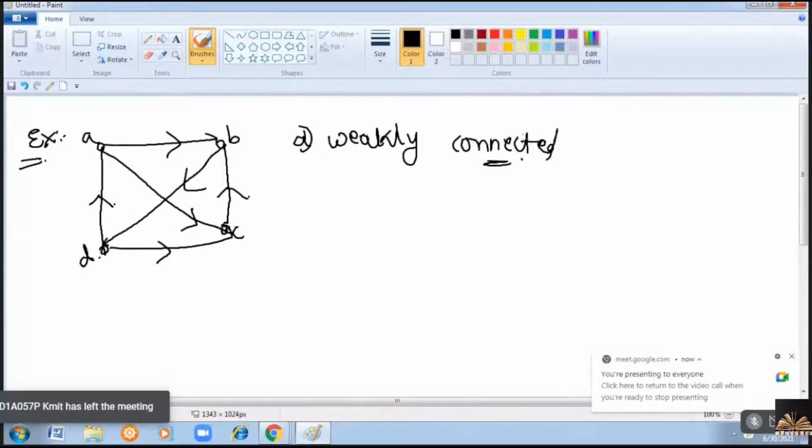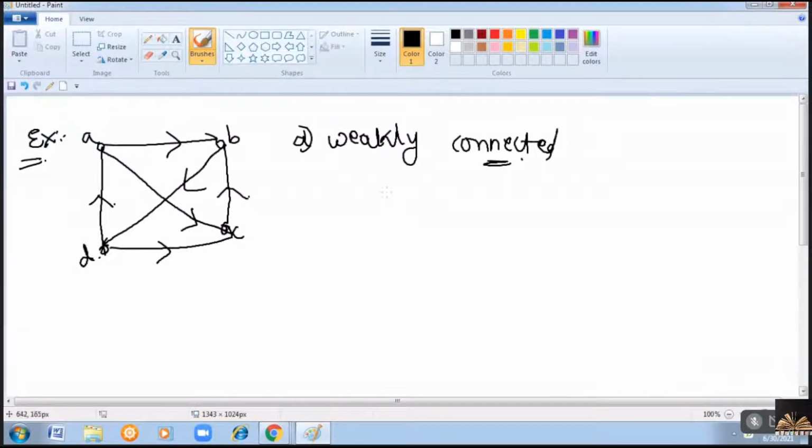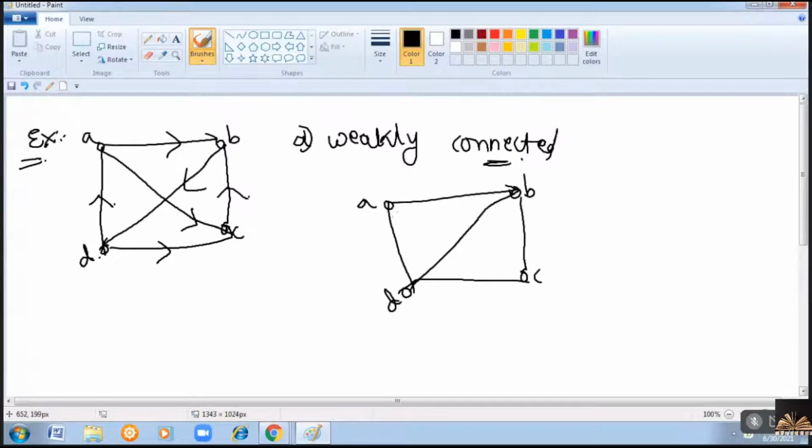Weakly connected means what? You have to remove the directions of the directed graph and make it an undirected graph. Remove the directions. When you remove the directions, the graph will be like this. After removing the directions, if every vertex in the graph is reachable from every other vertex, that means consider from